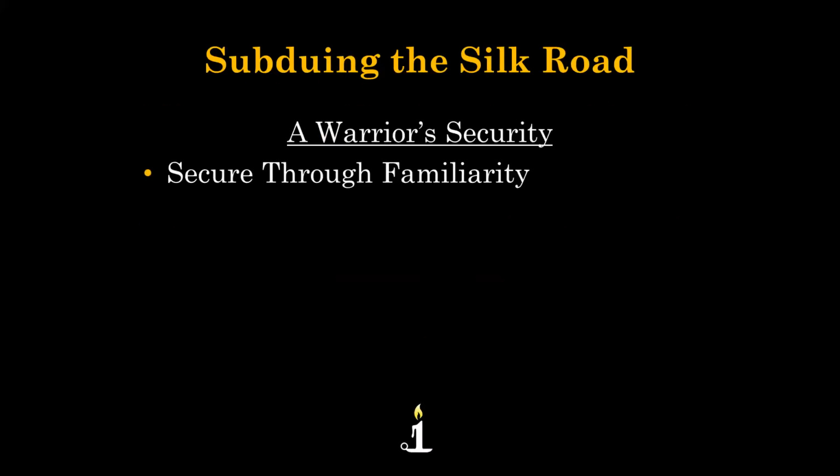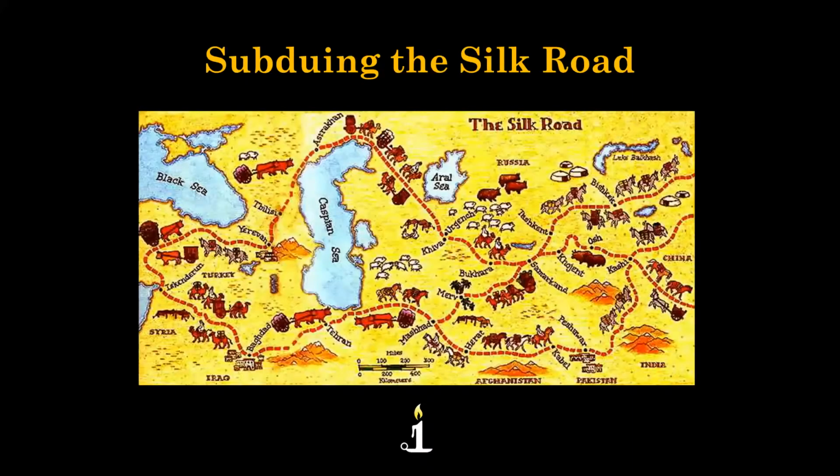So as you secure what's familiar, then you want to secure through locations. One thing that was challenging about the Silk Road, it was very vast. And when traders had to spend all night outside, these marauding armies would often attack them. And the Mongols knew this. So what they did is that every 20 miles, they built a little, what they called a yam. This was a combination of a restaurant, a hotel, and a fortress, so that the traders could spend the night in the yam and then go the next 20 miles the following day to the next yam. So they never spent the night exposed.